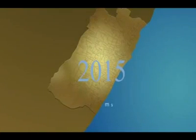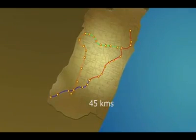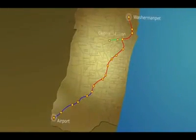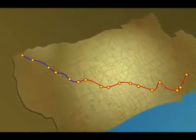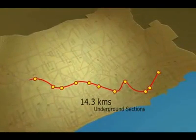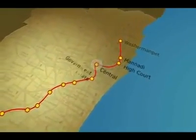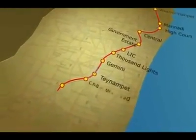Passengers will be the privileged users of the 45-kilometer metro network in the city across two corridors. The corridors, partly elevated and partly underground, would run between Washermanpet and Airport and Central Station to St. Thomas Mount. The Washermanpet to Airport corridor would cover a total length of 23 kilometers, of which 14.3 kilometers would be the underground section, with the stations Washermanpet, Mannadi, High Court, Central, Government Estate, LIC, Thousand Lights, Gemini, Teynampet, Chamiers